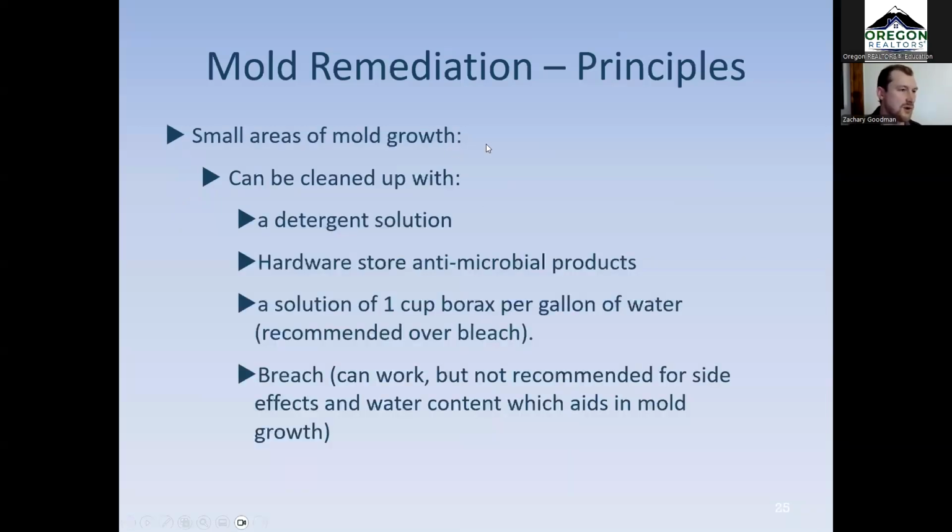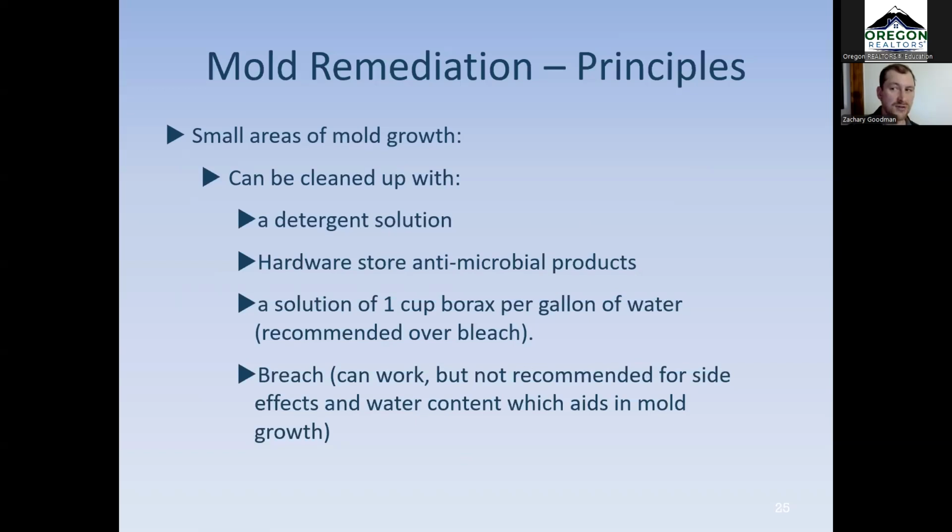Small areas of mold can be cleaned up. This is answering that question a little bit earlier, but hopefully this is helpful. If we get a call from somebody that has mold growth on one little area of their windowsill, we've probably talked out of several jobs, I mean, literally hundreds or more jobs over the years, because it's so simple to clean. It doesn't require a professional with licensing and a Tyvek suit in every case.